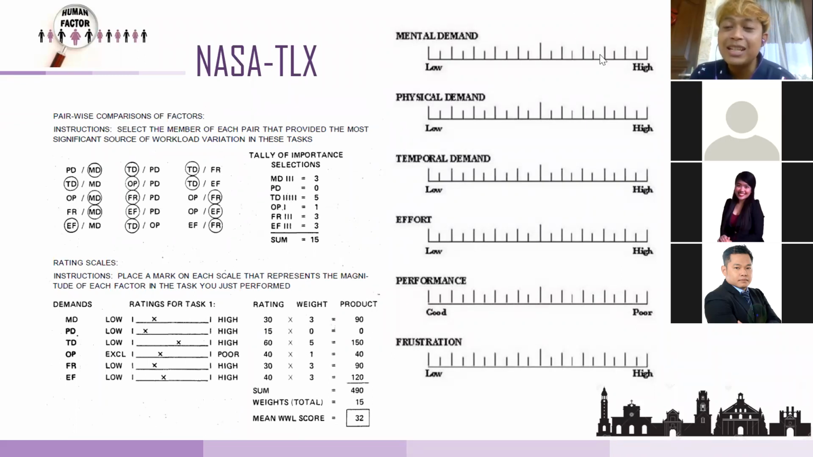You cannot just answer, oh, mental demand high, physical demand high, temporal demand high, effort high, performance high, frustration high. Then how will you measure? Some tasks are physically demanding. Some tasks are mentally demanding. But some tasks are temporally demanding. Can you give me one example of temporal demanding? Very obvious: online food delivery. You know what? If you're late,